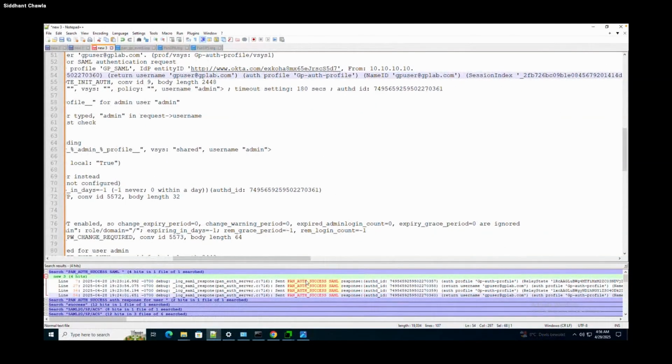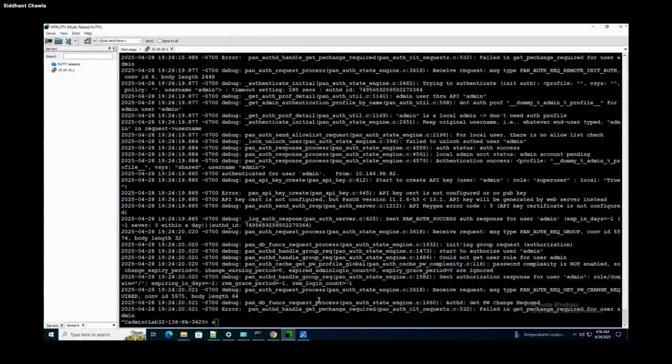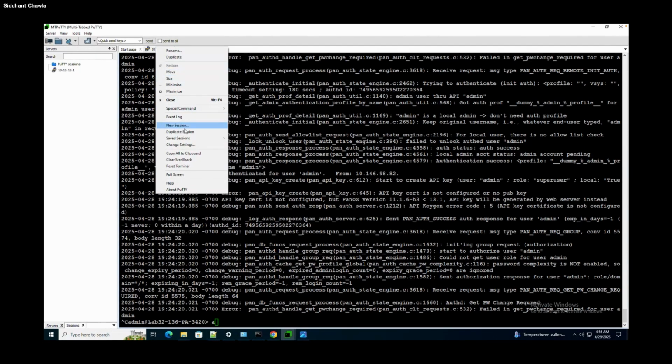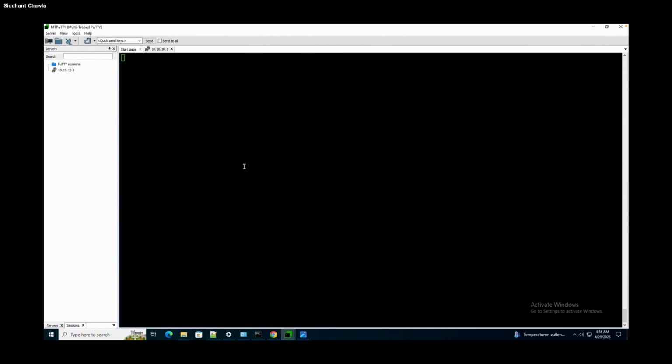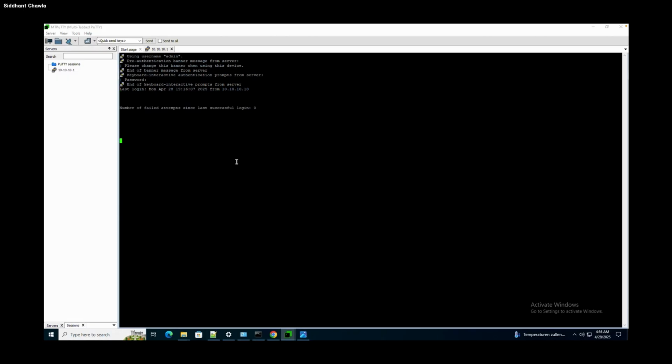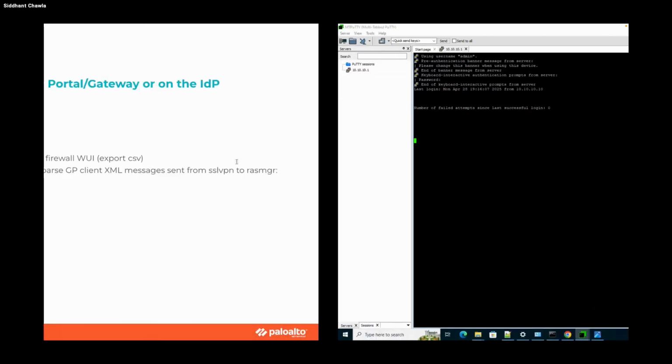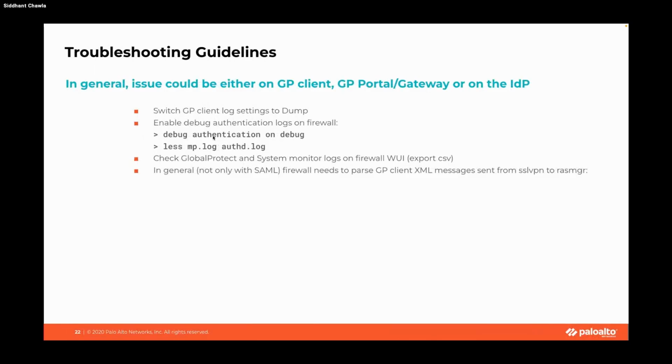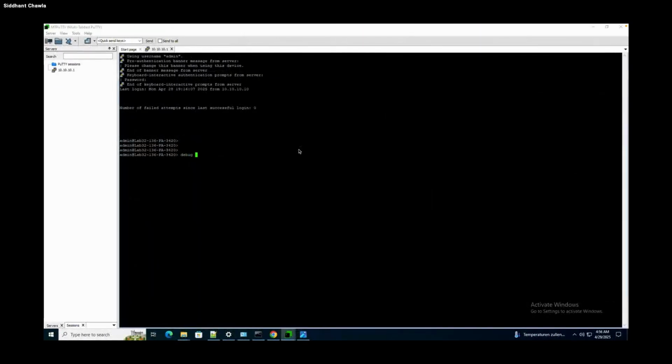So to run that, I need to restart this. When I talk about debug authentication on debug, that's the same authd log. We are just running a debug. Debug on debug, and to view, either you can do less mp-log